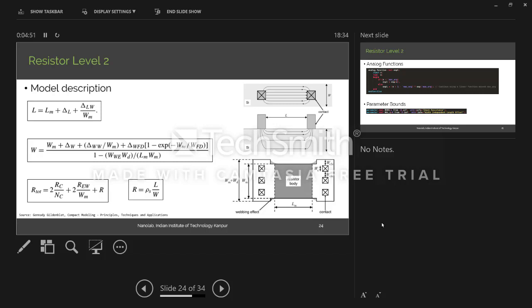This WFD, I guess it's this one. Okay, if I remember correctly, no, WWE is the webbing. This is called the webbing effect. And WD is what? WD is this extra part. So if WD is more, you have more webbing effect. So what I want to say is, even something simple like width can have a very complex dependence on other